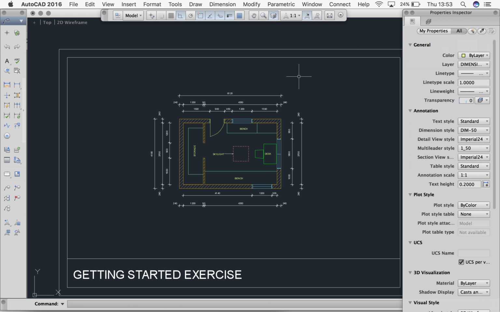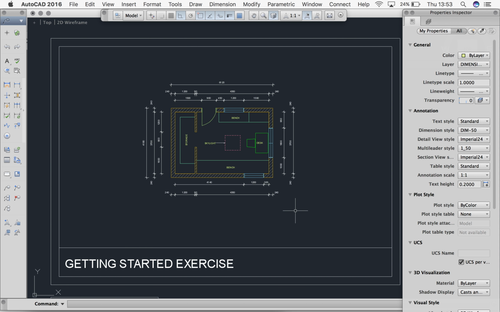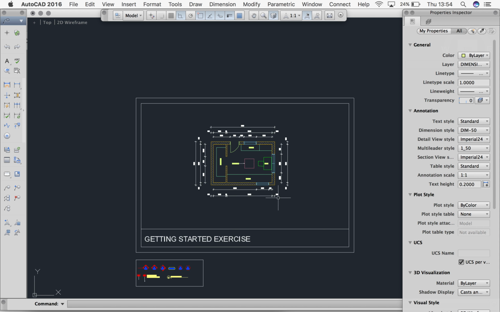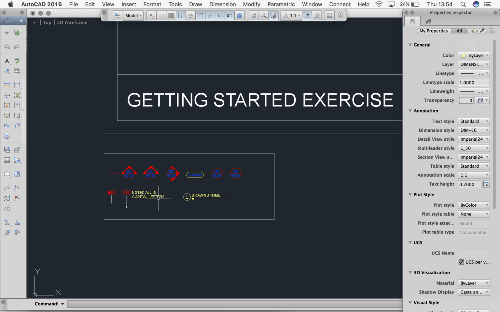Okie dokie, so now we have drawn our getting started exercise, added our dimensions and our annotations, and everything is in the corresponding layer. Alrighty, so we're reaching the end of our process now. So we need to start adding some more helpful information, just to make it to industry standard. So I'm going to zoom out and come to underneath where my drawing is, and you guys can see here,